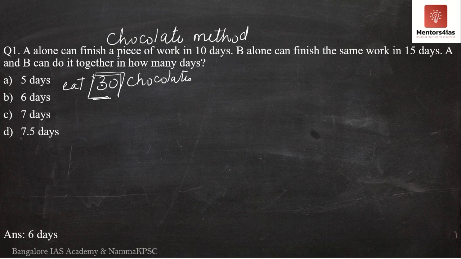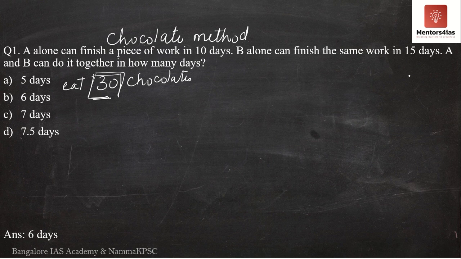The reason I am taking 30 is that 30 is a multiple of both 15 and 10. I can divide 30 by 10, I can divide 30 by 15 as well. See, I can take 100 as well. You can take 100 and you can solve the problem, absolutely no issues. But you will take extra time. You are unnecessarily making your life more difficult. Unnecessarily, you will increase the amount of time that is taken. So always try to take the multiple.